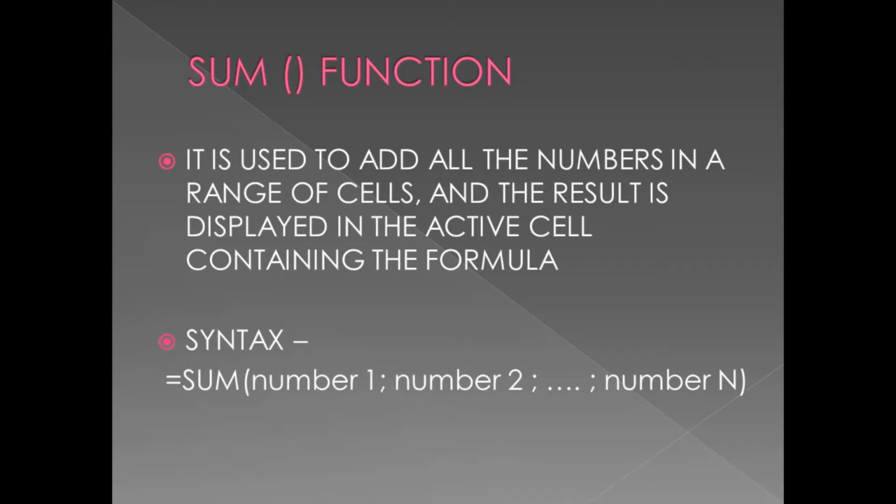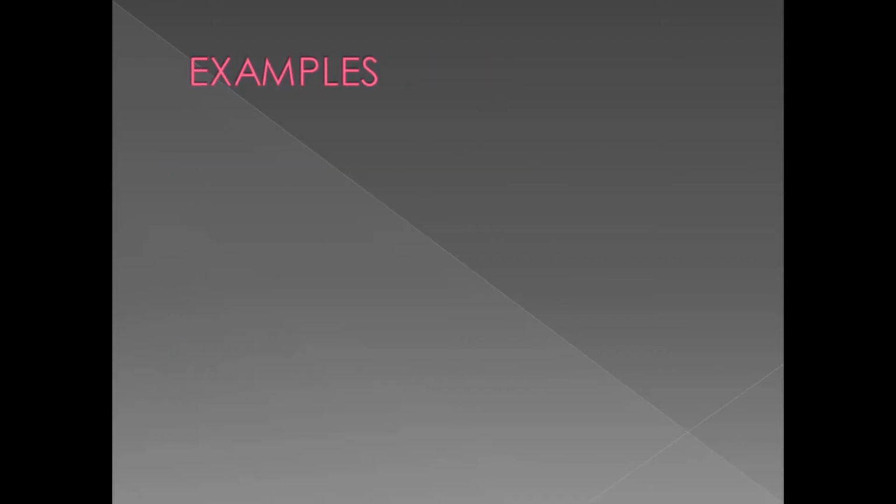In case of sum function, argument is a range or an array whose sum is to be calculated. The sum function ignores any text entries or empty cells that are within a range or array. The sum function does not ignore the Boolean values. It considers true as 1 and false as 0. Let us see some examples.